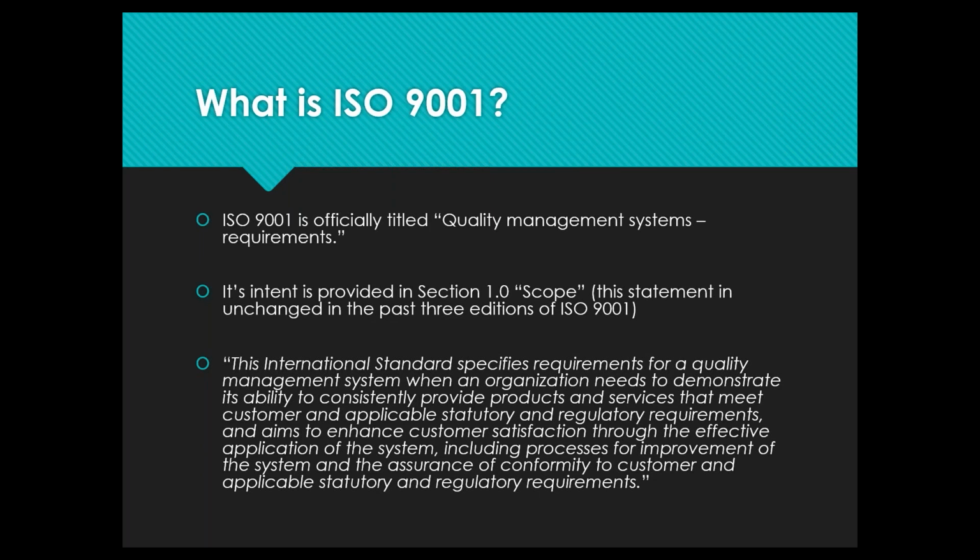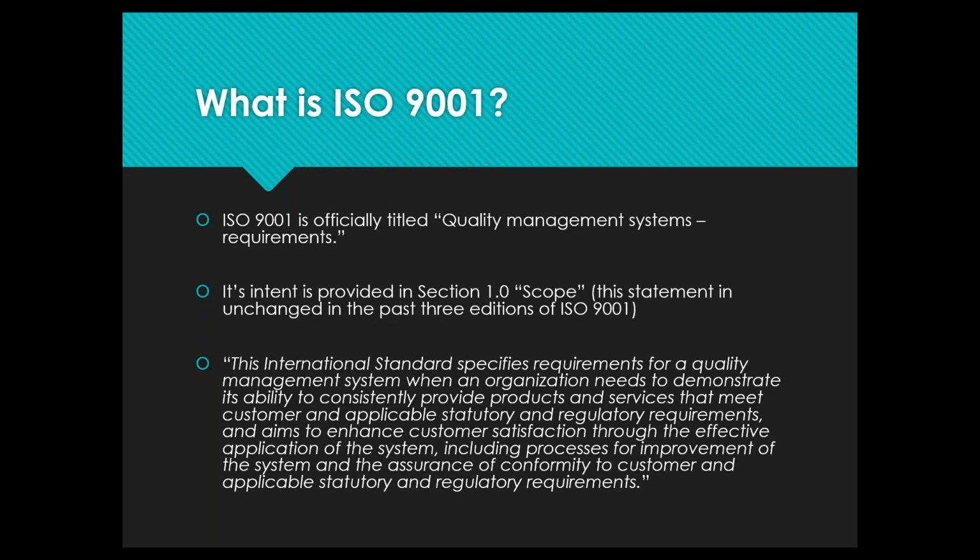Now, ISO 9001's official title is Quality Management Systems Requirements. It is intended as a standard for a company's quality management. And obviously, there are other standards that talk about environmental management, information security management, and so forth. ISO 9001 is all about quality management. And you can really unpack what ISO 9001 is all about by reviewing the scope statement, which appears